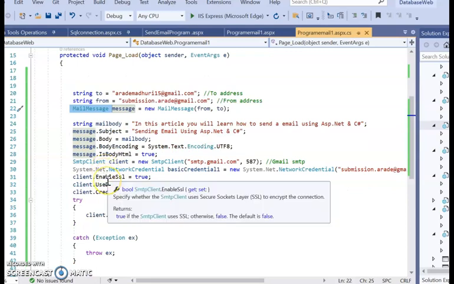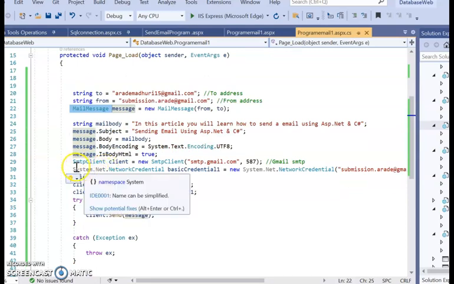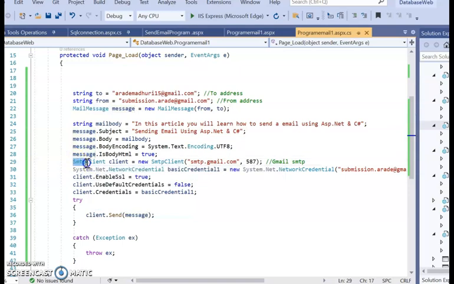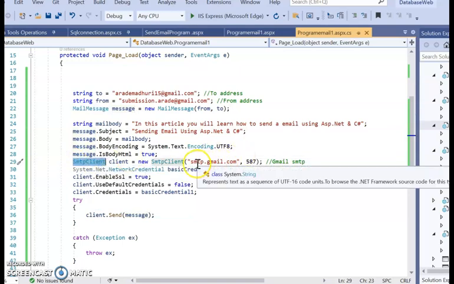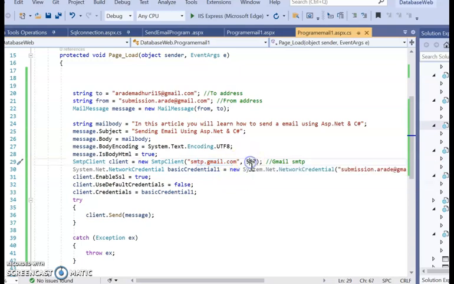The next part, the client authentication part of the SMTP server, will be handled by the SmtpClient. For that we have to provide the type of server that we are going to use. We are using the Gmail server, so we write Gmail and its port number.